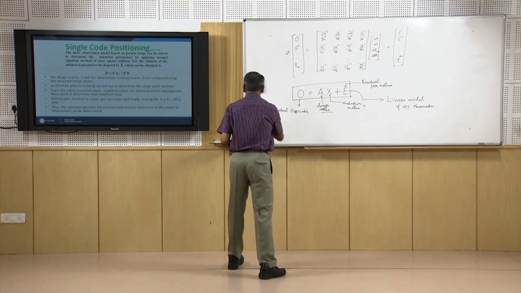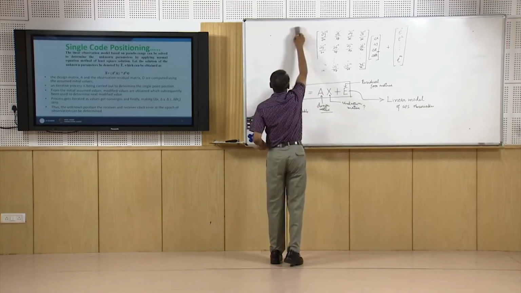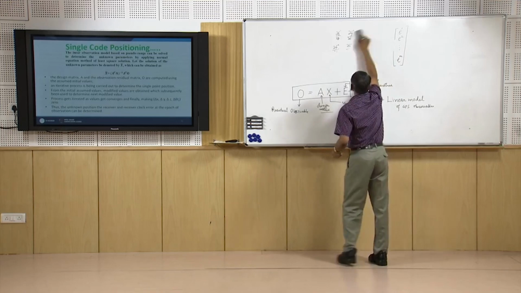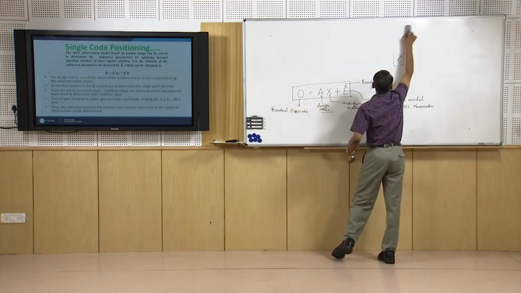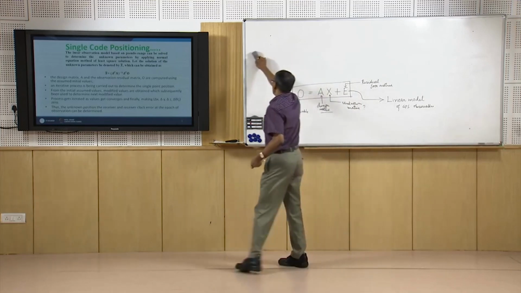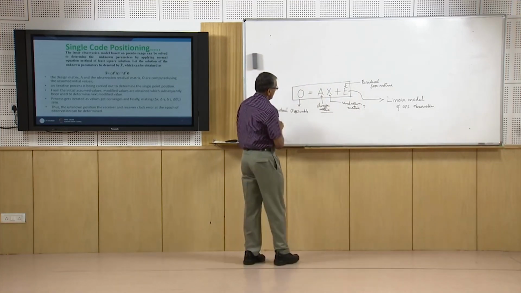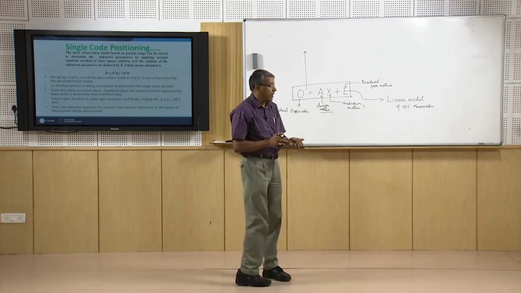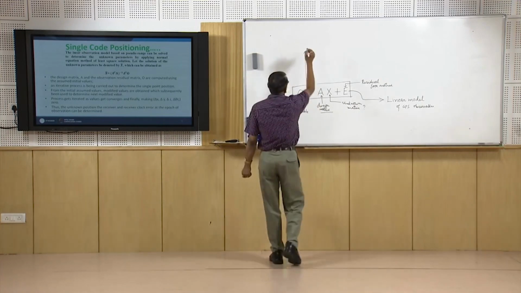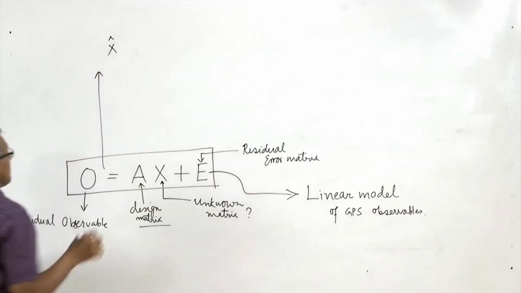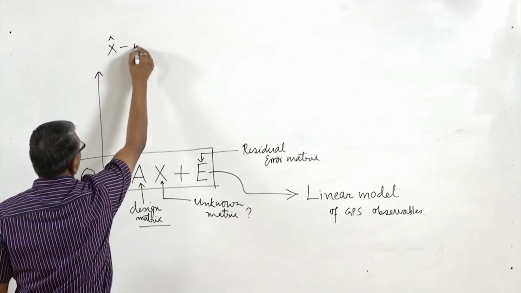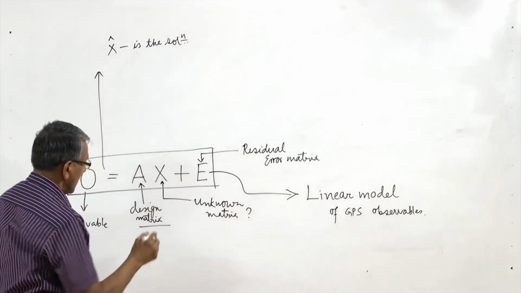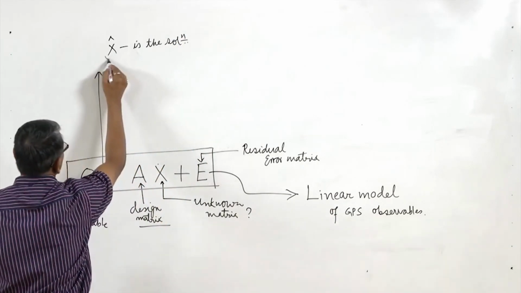Now this linear model may be solved by using the least square method of analysis, the normal equation method. There are many ways how this can be solved. So one of the ways is the normal equation method of least square analysis. Now suppose x bar is the solution, that means this is the right solution,